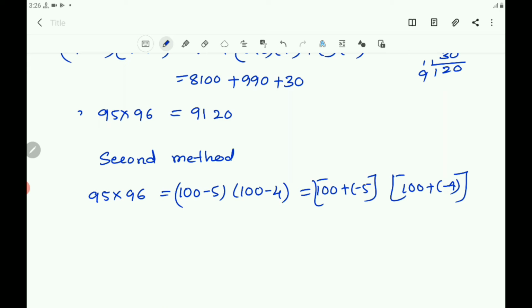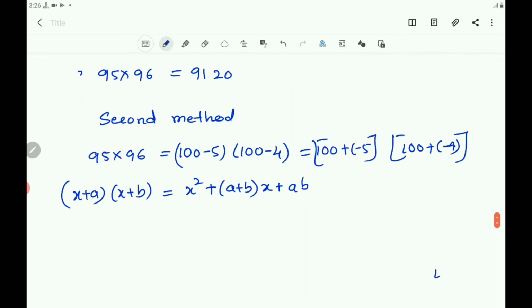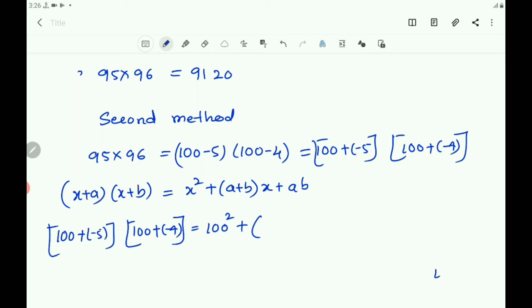Then you use the identity (x plus a) into (x plus b) equals x square plus (a plus b) into x plus ab. So you write 100 plus minus 5 into 100 plus minus 4, that equals x square is 100 square,